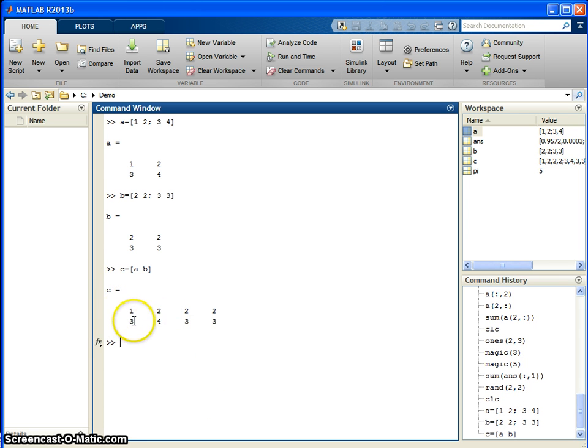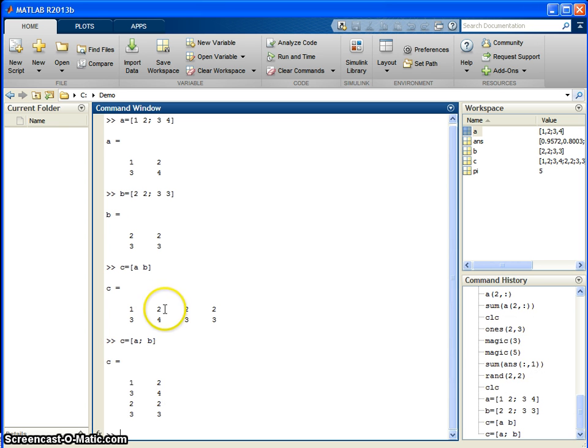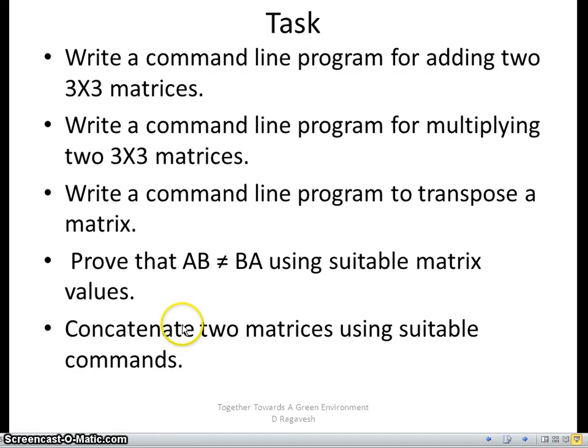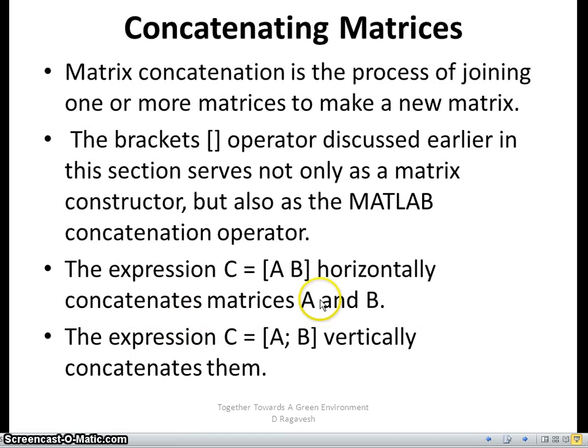First there is the A matrix, and then we have the B matrix. You just separate them with a space. In case you provide a semicolon in between, you can see the merging column-wise. So you have an option to merge either horizontally or vertically. Both merging options are possible.